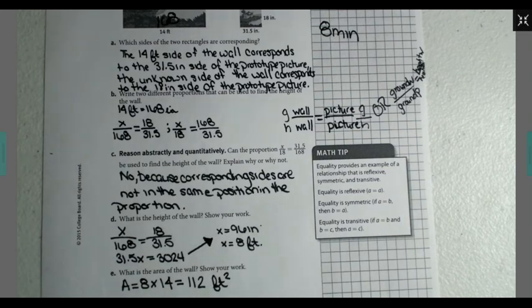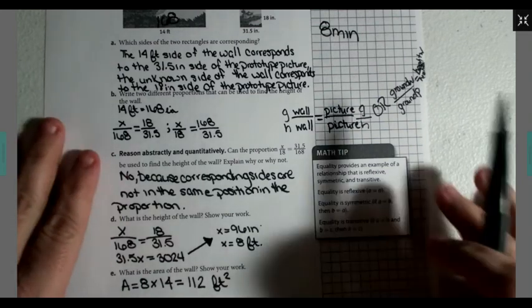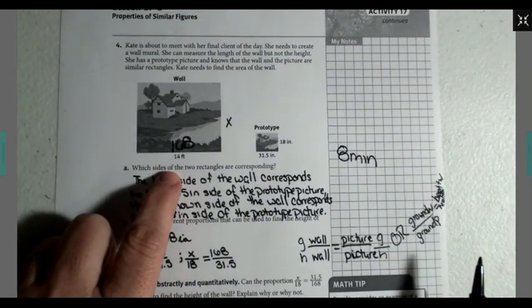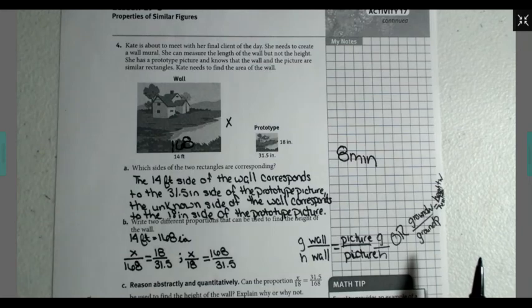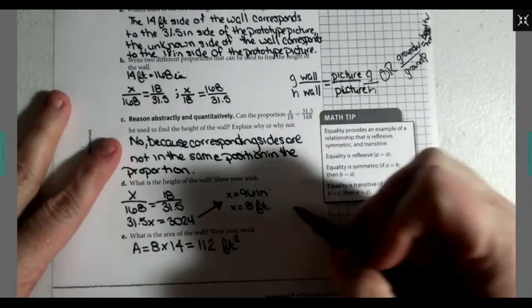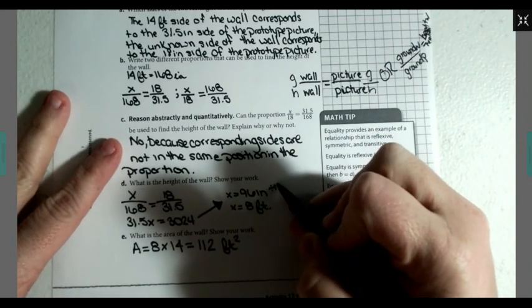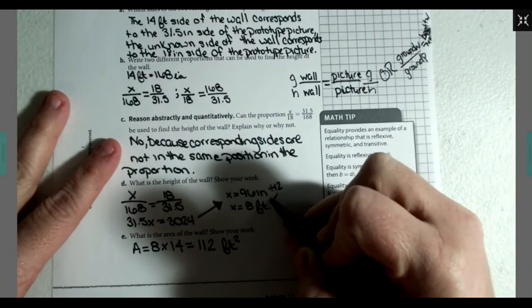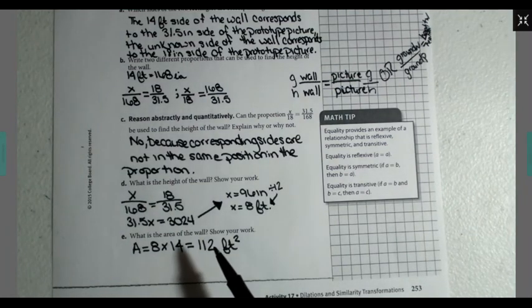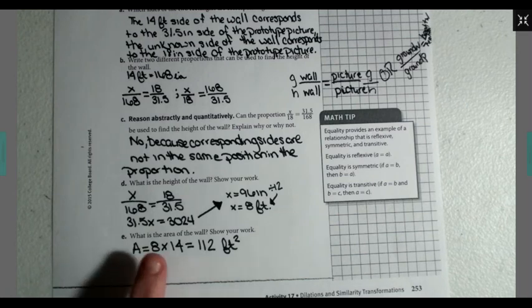Now, when we talk about the height of this wall, if you recall, the wall was in feet. So in order to go from inches to feet, we would divide by 12. If I divide this by 12, we should get 8 feet. Now, to find area, remember that area equals length times width. If my length is 14 and my width is 8, we have